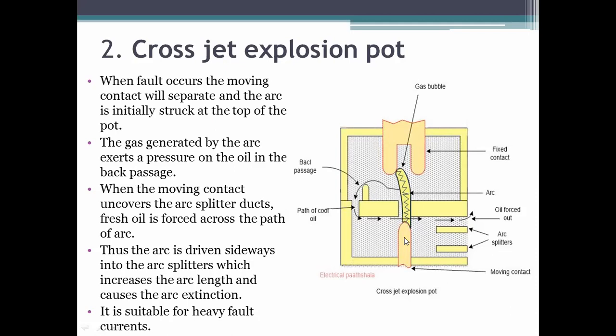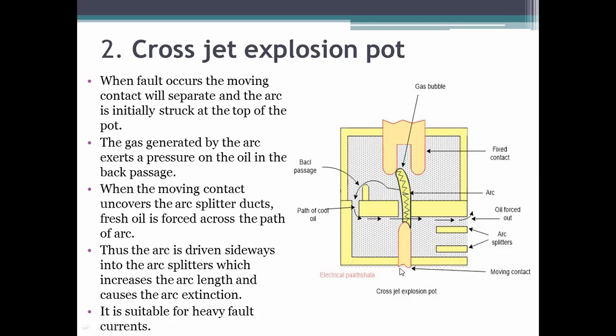The fresh oil is already there, and when the arc is developed, the oil in this upper part, that is the back passage, will get heated and will produce pressure. But this oil is as it is. So what happens when this arc is developed, after some time,